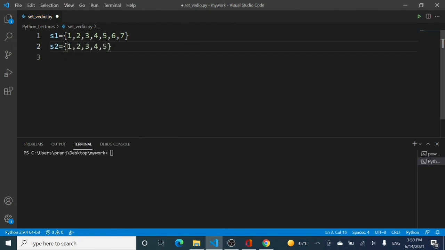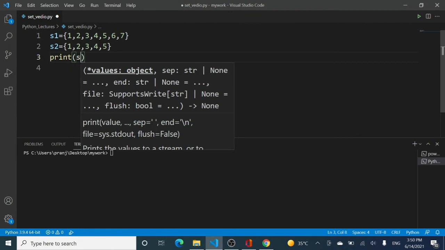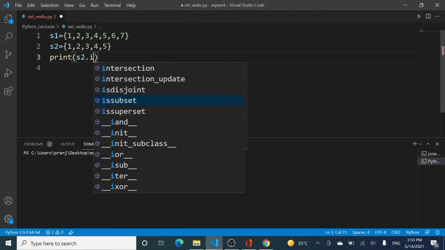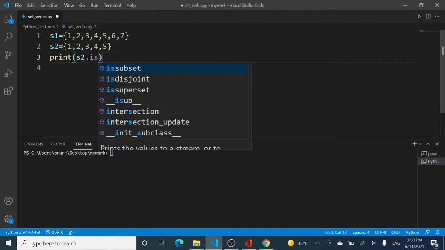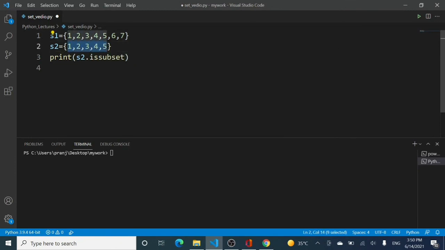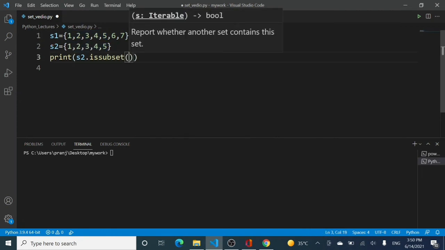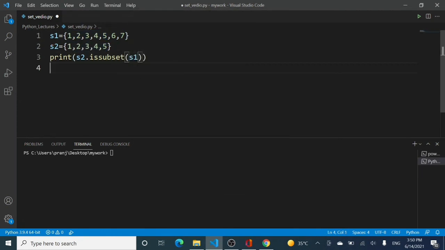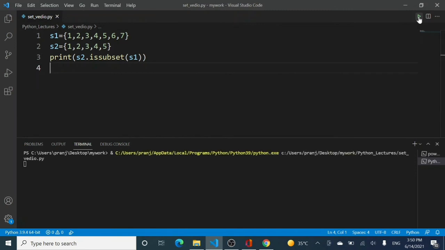And now I'm going to call, let us say, print S2 is a subset, because this is contained in this, right? It is a subset of S1. Let us run and see. The value is true. Yes, it is a subset of S1.